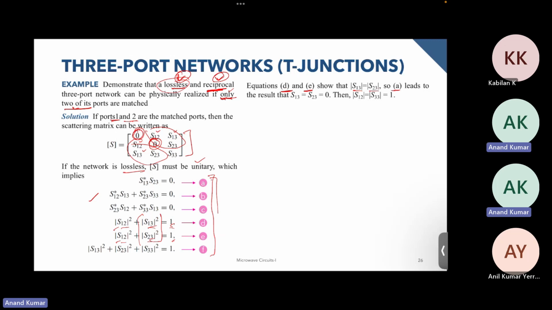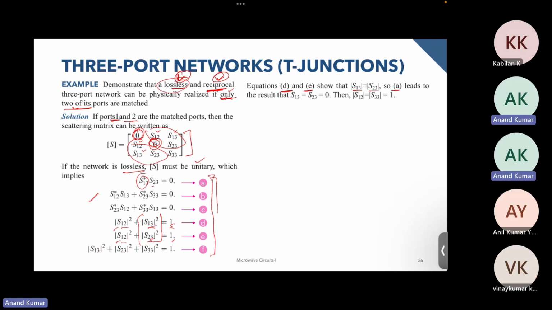Using A now, we have S13 equal to S23. Both of them are equal, and if you multiply S13 with the conjugate of S23, its product is equal to 0. But since S13 is equal to S23, if their magnitudes are equal and we multiply each with its conjugate, and that comes out to be 0, this implies that both of them are equal to 0. And if S13 and S23 are 0, this implies that S12